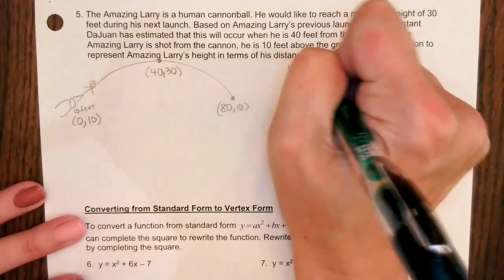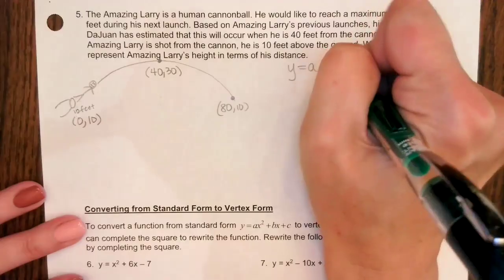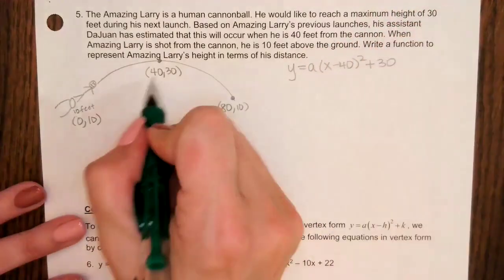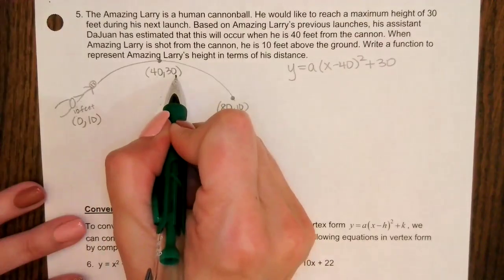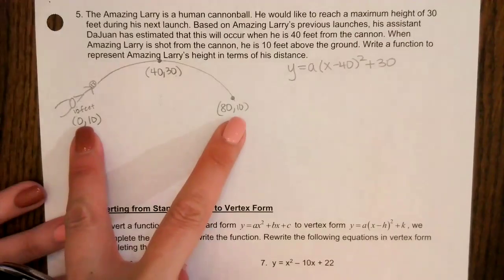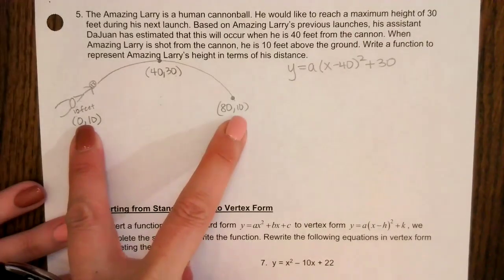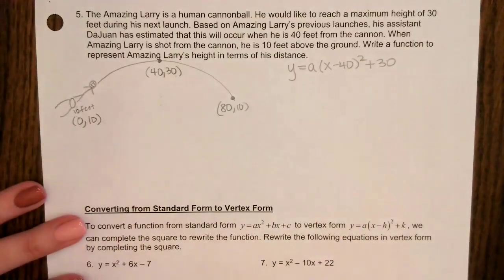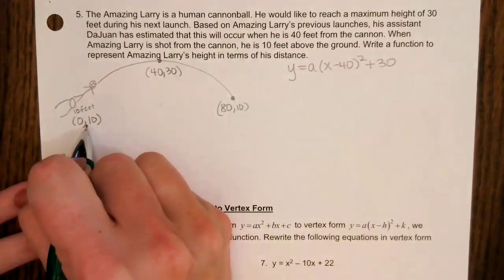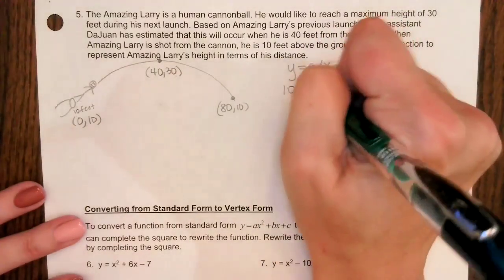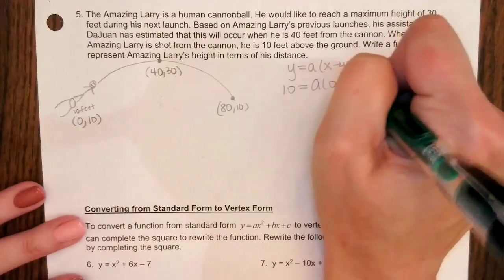So my vertex is 40, 30. So that would be x minus 40 squared plus 30. That's my h, that's my k. Now all I have to do is solve for this a. I can choose either one of these points because every point on this quadratic came from this equation. So any point on the quadratic works. I'm going to use this one just because it's probably going to be easier. So I plug in 10 for my y, 0 for my x,